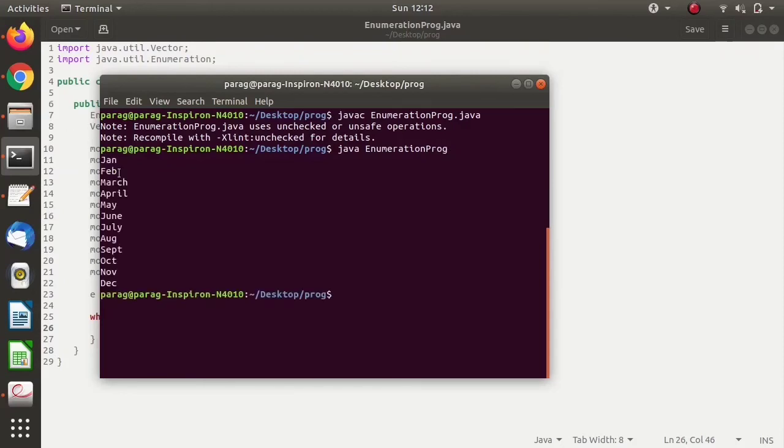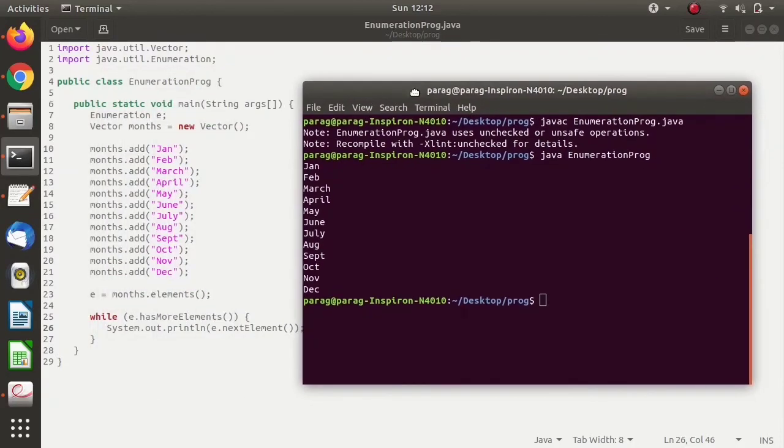So we got all the elements from that data structure. So we have retrieved those elements from this data structure one by one. In each iteration we got one element. Likewise, we have retrieved all the elements from this data structure. Likewise, you can retrieve the elements from other data structures also.